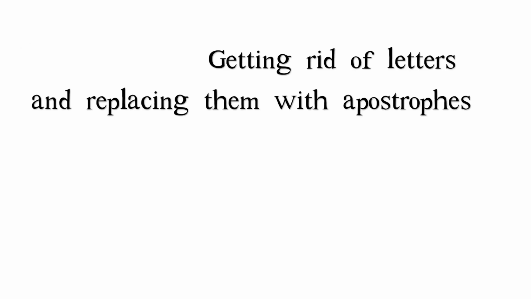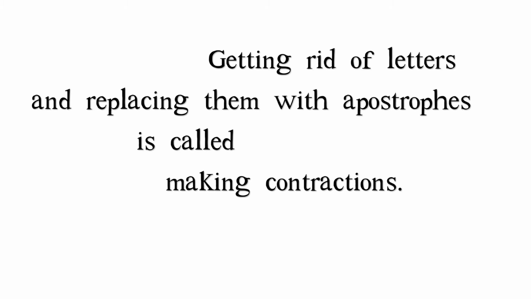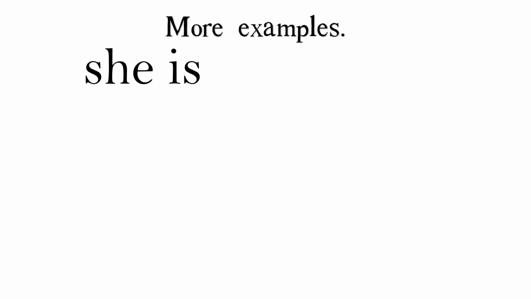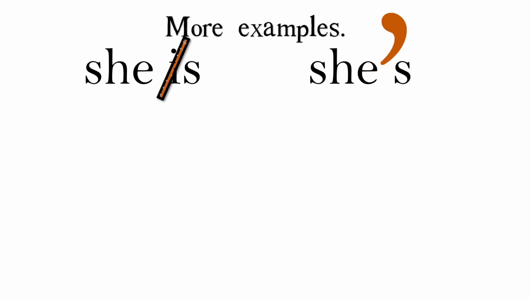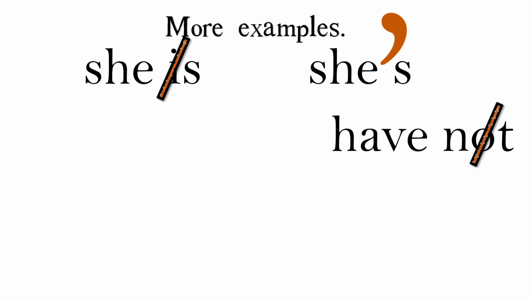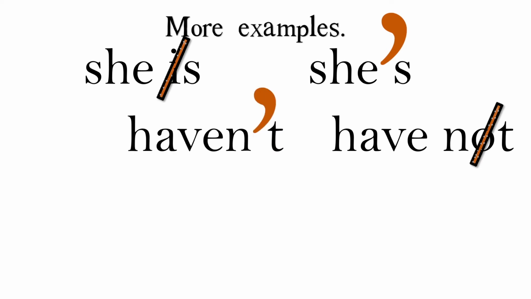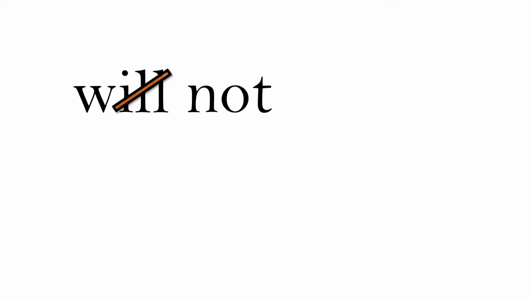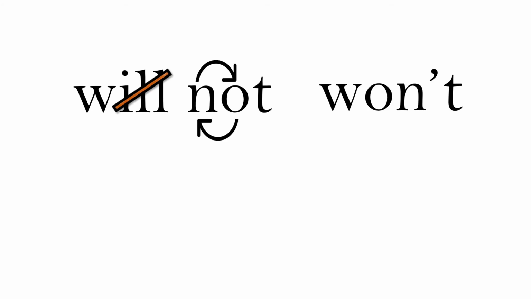Getting rid of letters and replacing them with apostrophes is called making contractions. Contractions. More examples. She is, remove the I, to make she's. Have not, remove the O, to make haven't. I will, get rid of the W and the I, to make I'll. Will not, get rid of the I and the two L's and swap the O and the N, and you'll